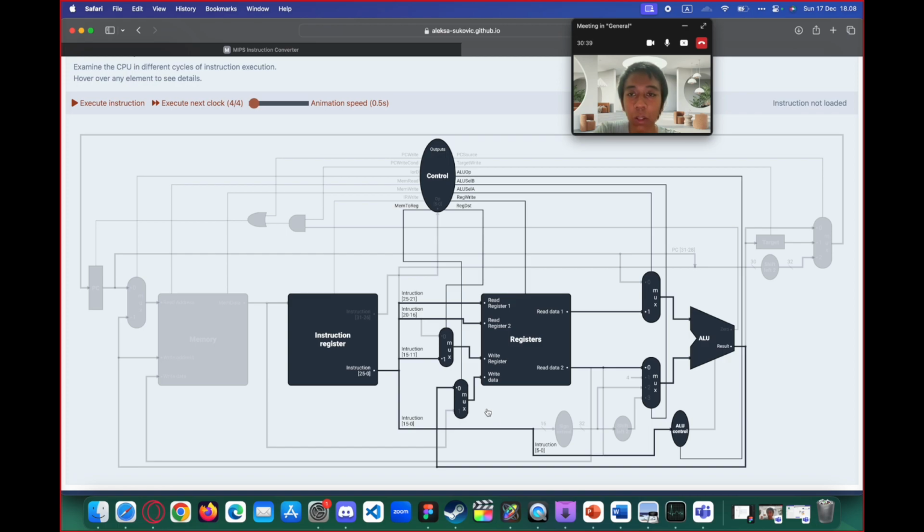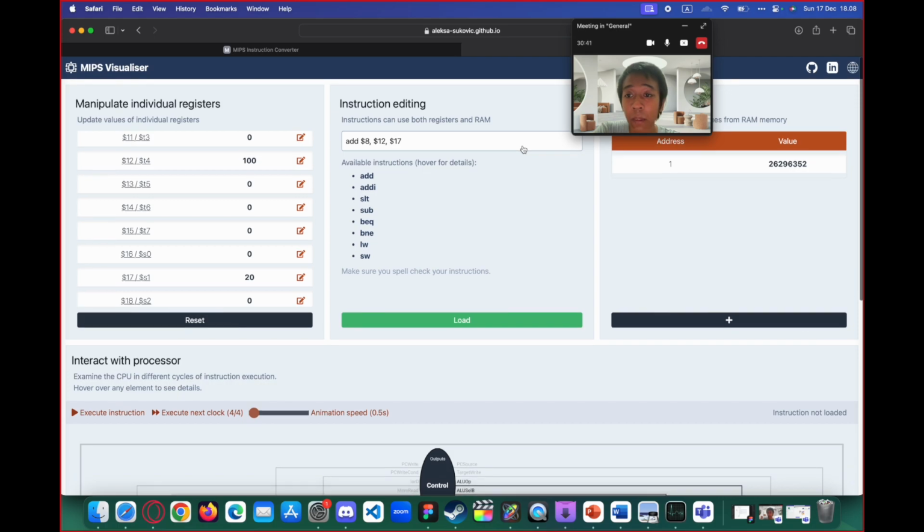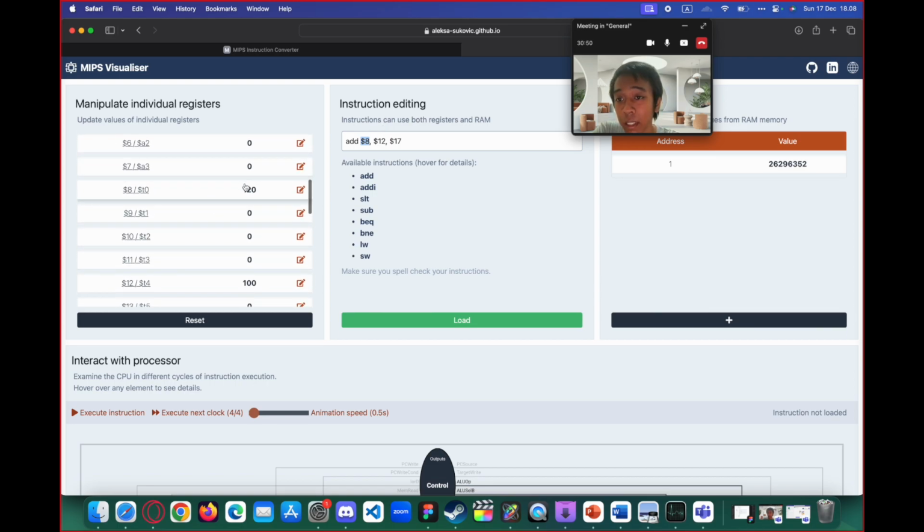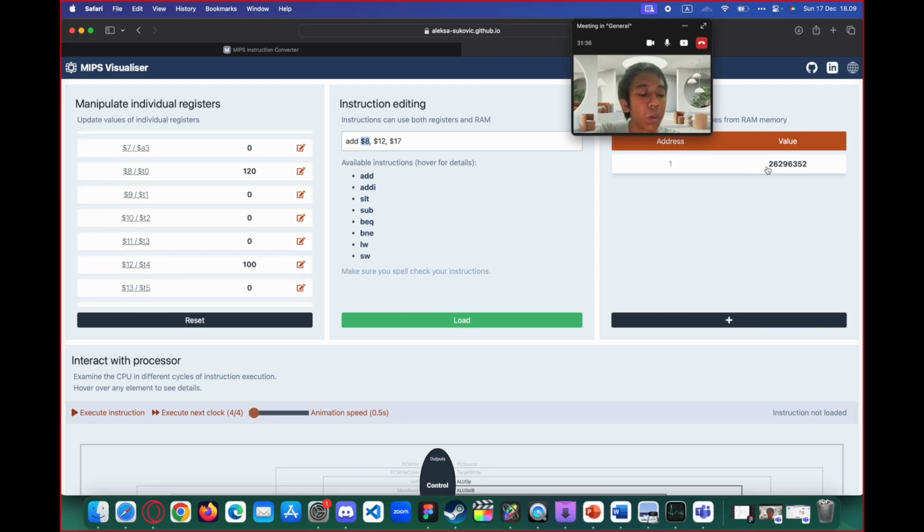So we will look up, now it will be on address 8, so we need to look at address 8. Yeah, there is 120 in address 8. The instruction is also written in the RAM, so we know what instruction is run by the CPU.